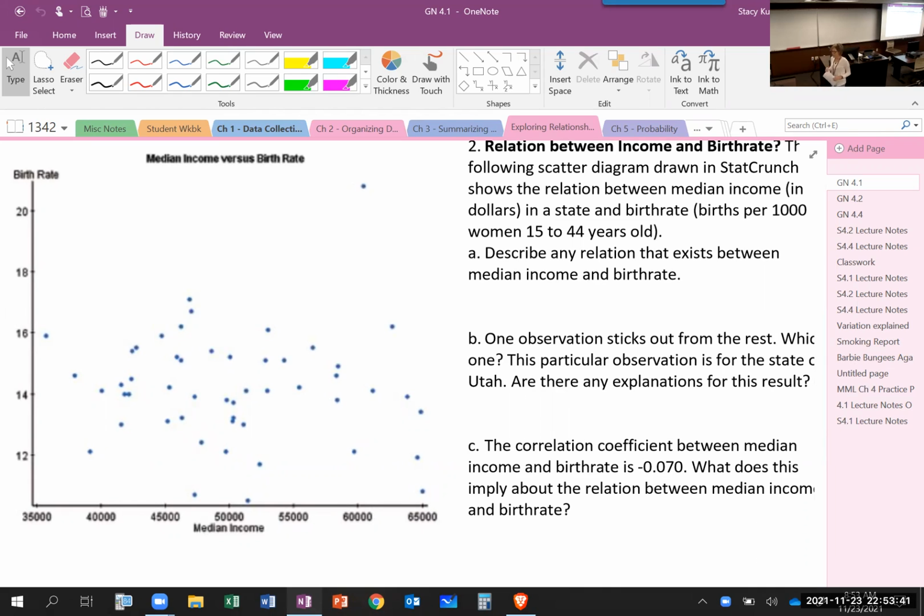I don't think so either. It just looks like a bunch of dots up there, right? Okay, I don't think there's a relationship. Do you see an outlier? Where would it be at? Top right corner, right? Okay, so that outlier happens to be the median income and birth rate for the state